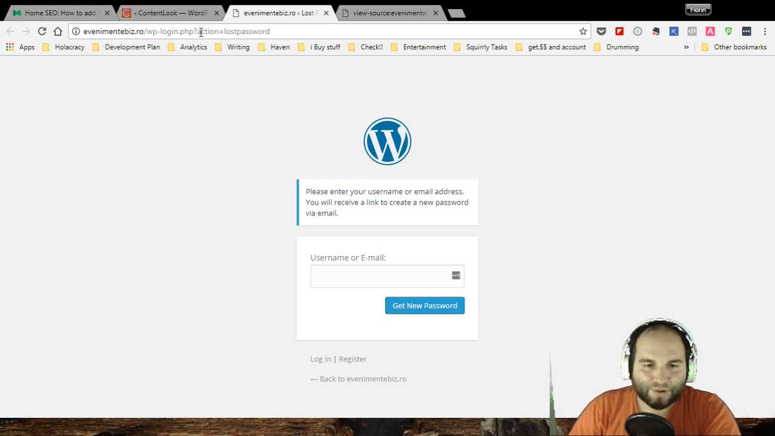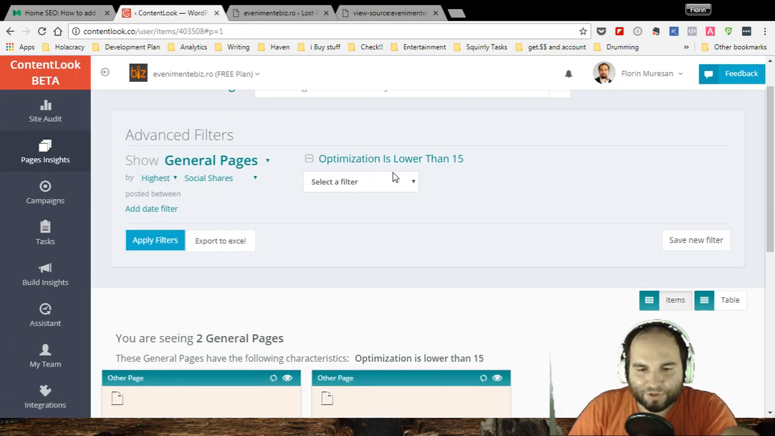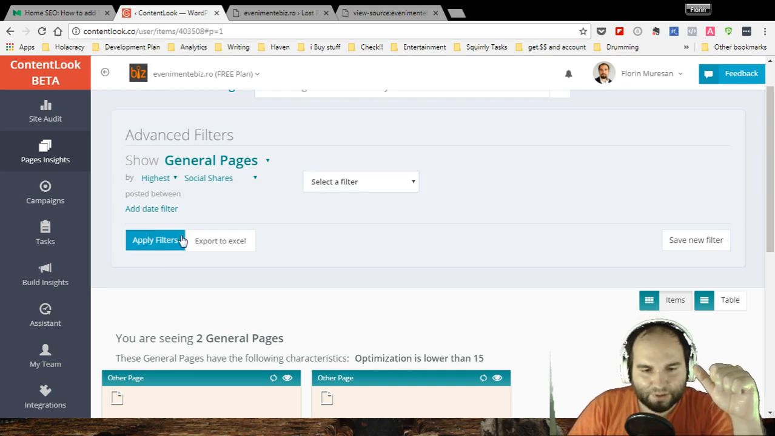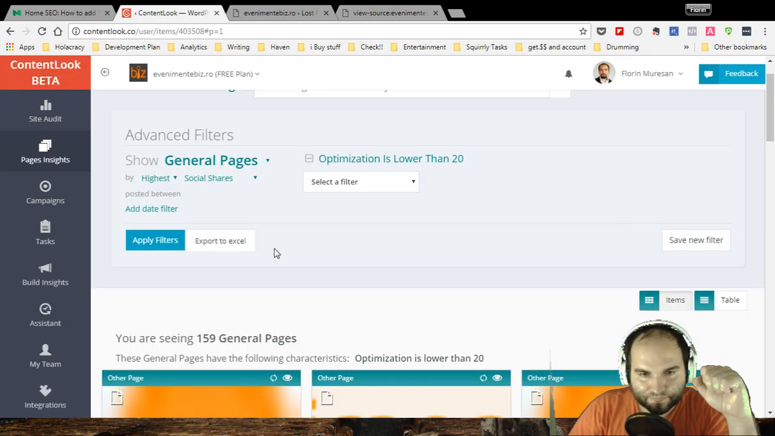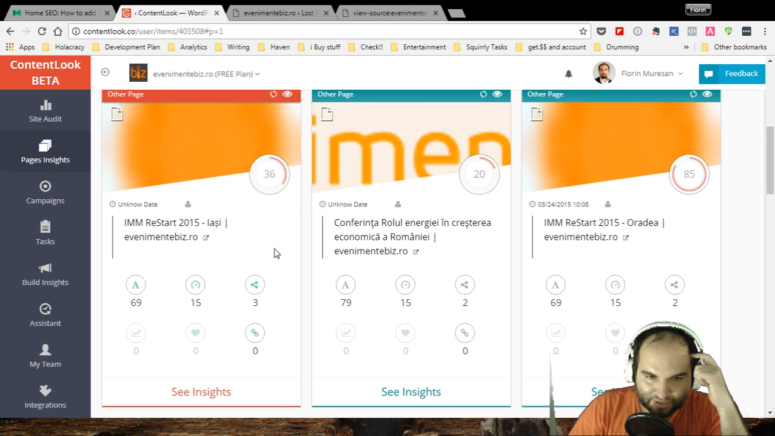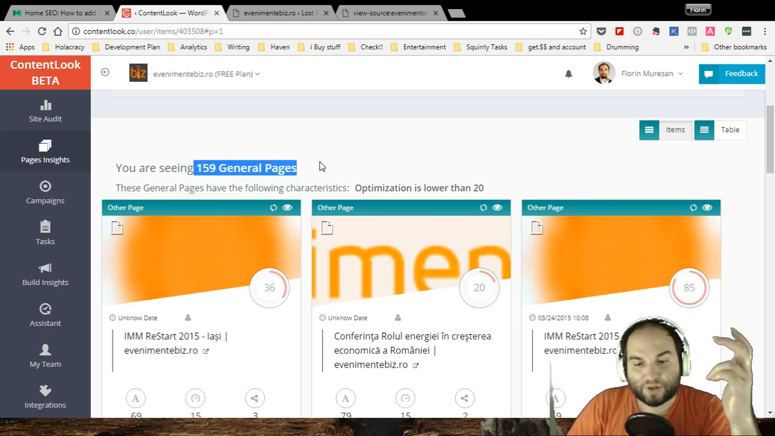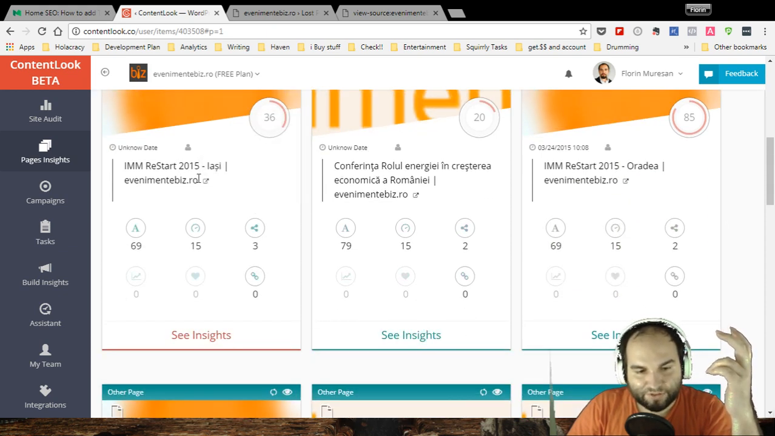This is horrible. And if we go back to content, we can say, okay, give me optimization that's lower than 20. I will apply the filter. I can identify 159 pages on this website that still have very bad SEO. So if I go and take a look,